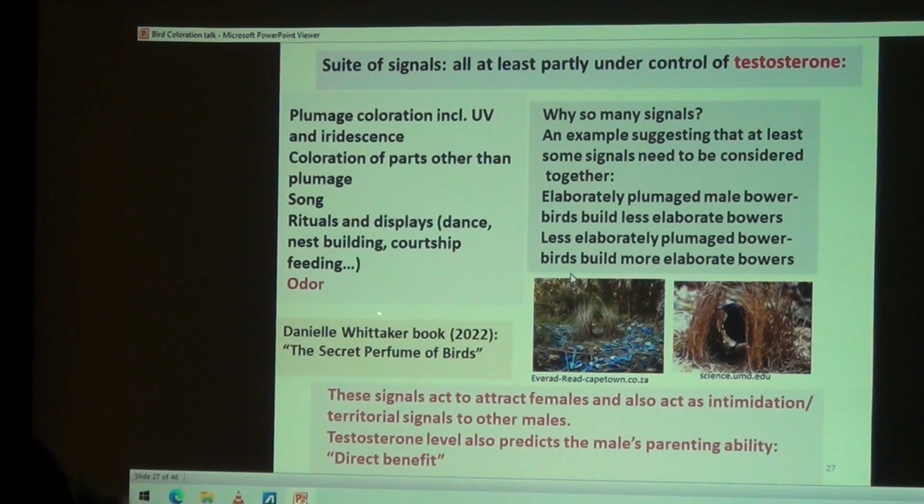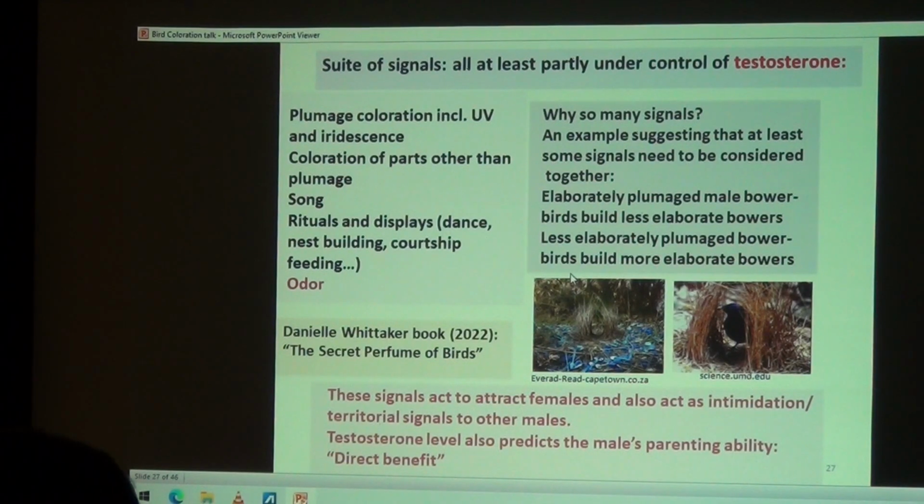A lot of work has been done on this by Dr. Whitaker, and she published a book last year in which she talks about her findings and the findings of other researchers in this area. So it turns out that the source of the odor in a bird is the preen gland and the preen oil. And these can be measured and quantitated and characterized with sensitive instrumentation. Also, what she has found is that the odor is produced by bacteria that live in the preen oil or on the preen gland.